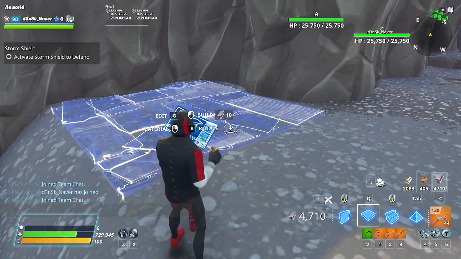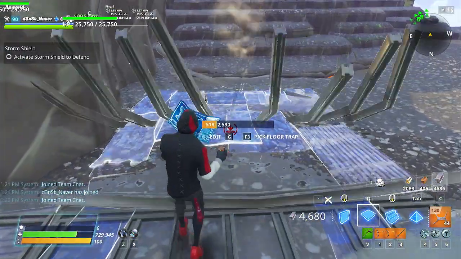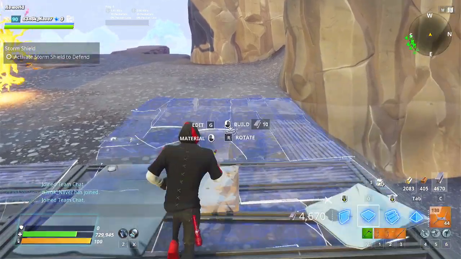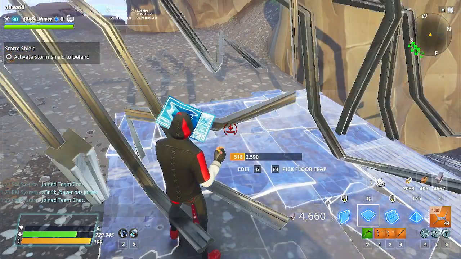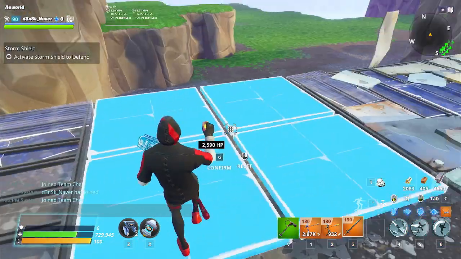Let's place a floor right here. A bunch of floors first. 1, 2, 3, 4, towards the lava right there. And then we can have 2 floors here. This one is going to be something here. This is the magic we're gonna do. All right, 1, 2, and then we're going to edit these two